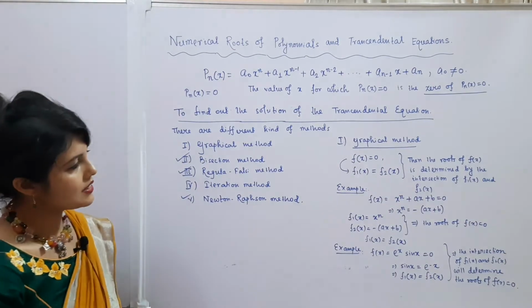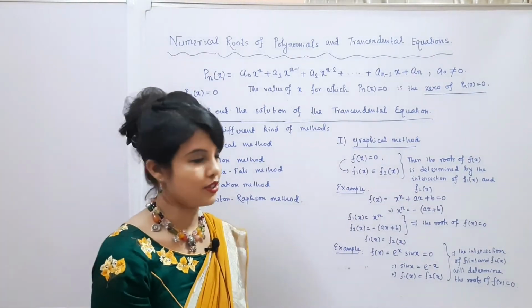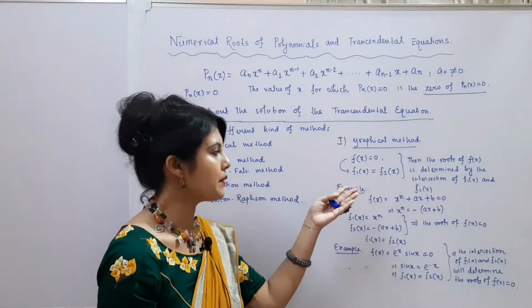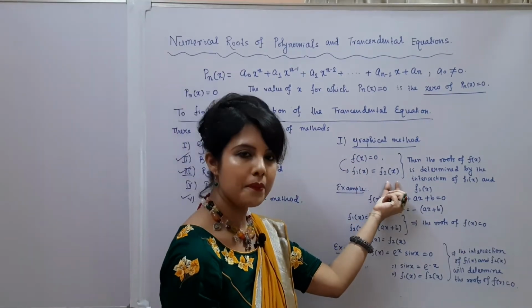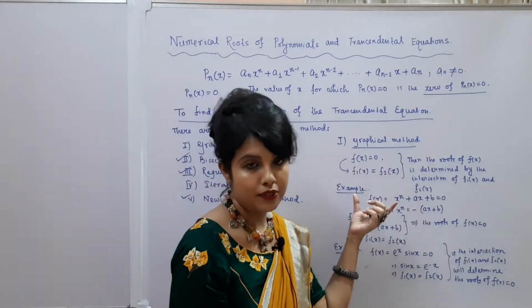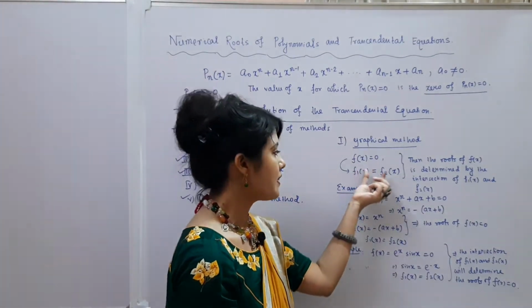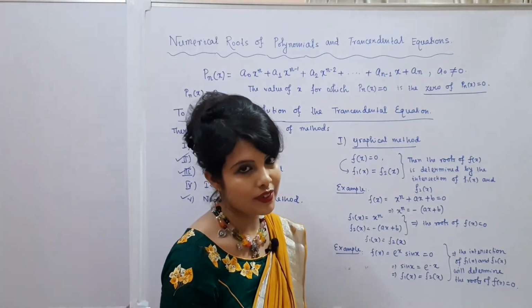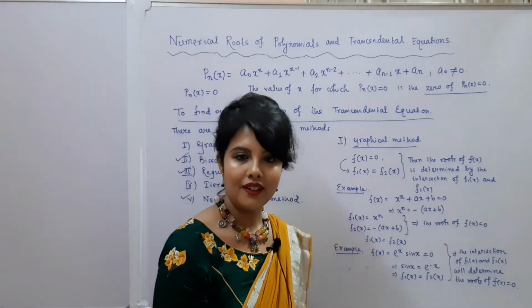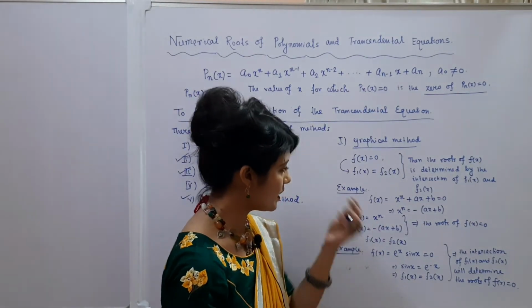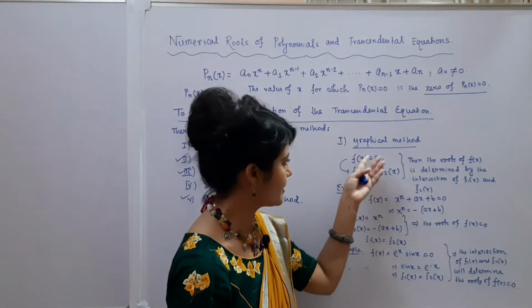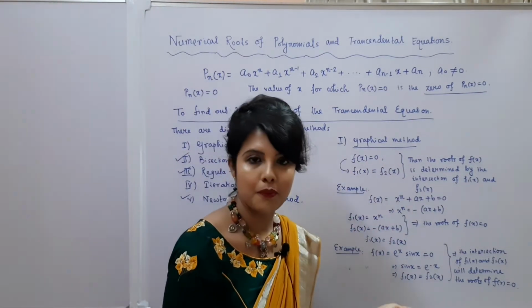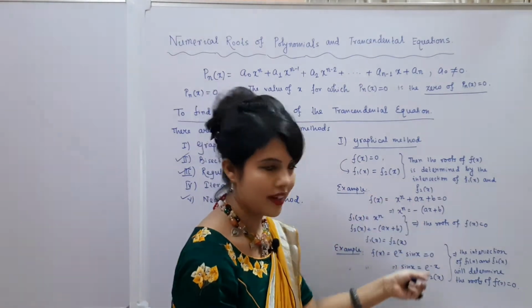Okay, so this is called the graphical method. The essence of the graphical method is that you have to write the equation in this form, and then calculate the intersection of these curves, and this will give you the roots of the equation. So I have considered these two examples to understand this statement more clearly. Okay, hope you have understood this.